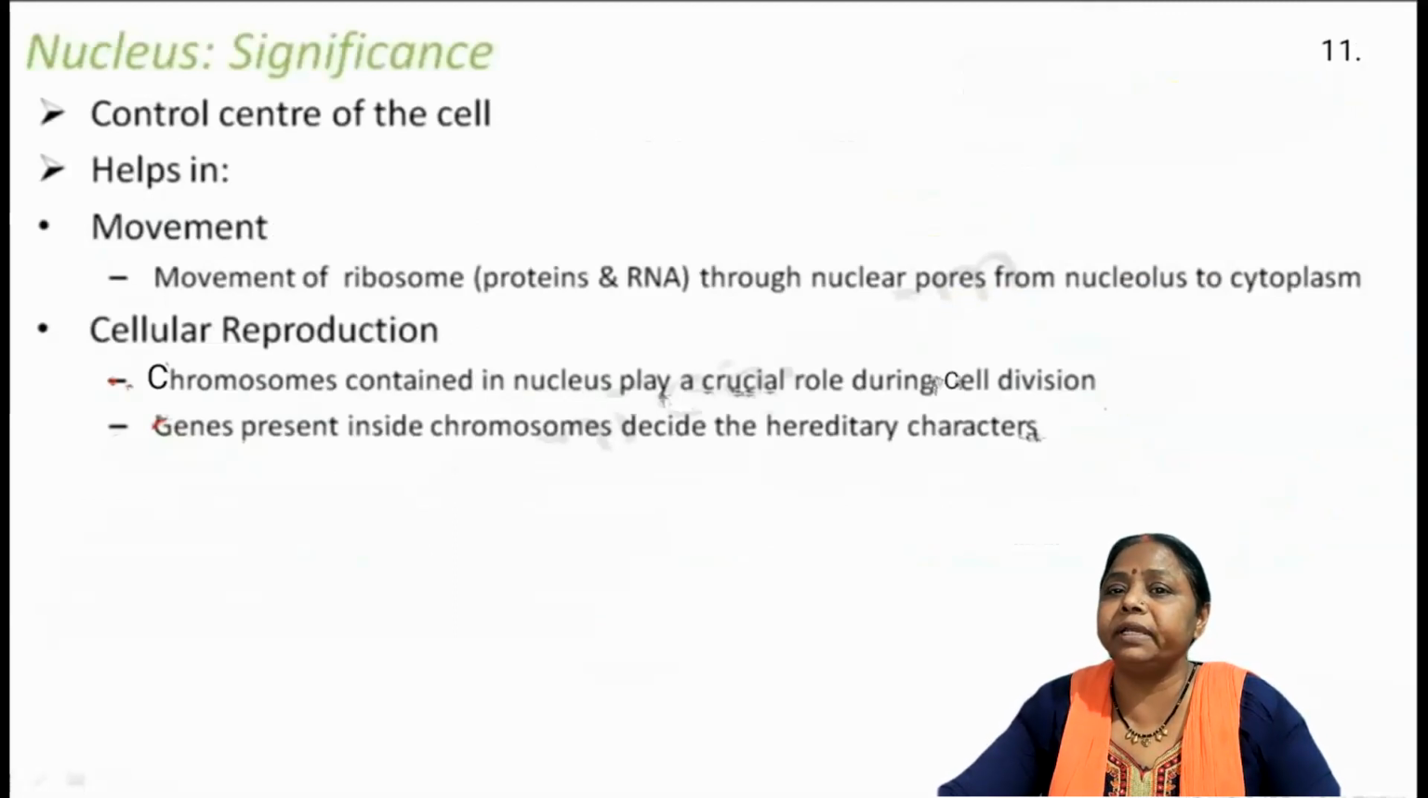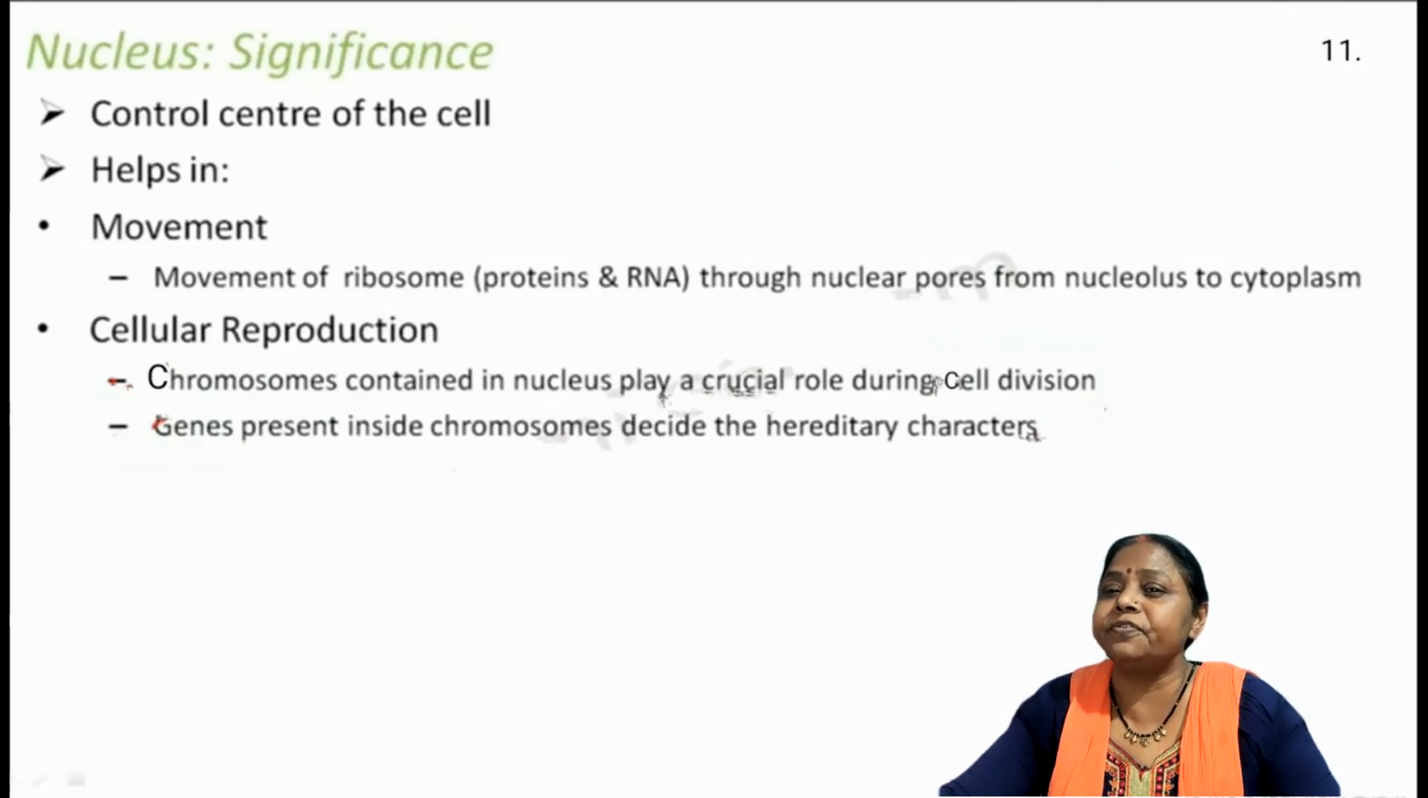Significance of nucleus जो हमने ऑलरेडी आपको बताया है शुरू में ही, it is the control center of the cell। सेल के मोस्ट ऑफ द फंक्शंस को ये कंट्रोल करता है। It helps in movement of ribosome। राइबोसोम कहाँ बनता है? न्यूक्लियोलस में। न्यूक्लियोलस में जब राइबोसोम बनता है तो वो राइबोसोम फिर साइटोप्लाज्म में ट्रांसफर होता है थ्रू सम न्यूक्लियर पोर्स। So movement of ribosome through nuclear pores from nucleolus to cytoplasm।